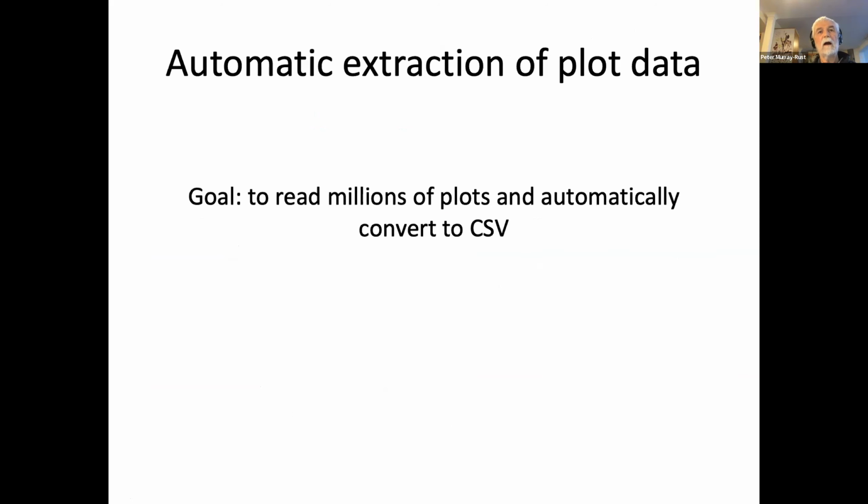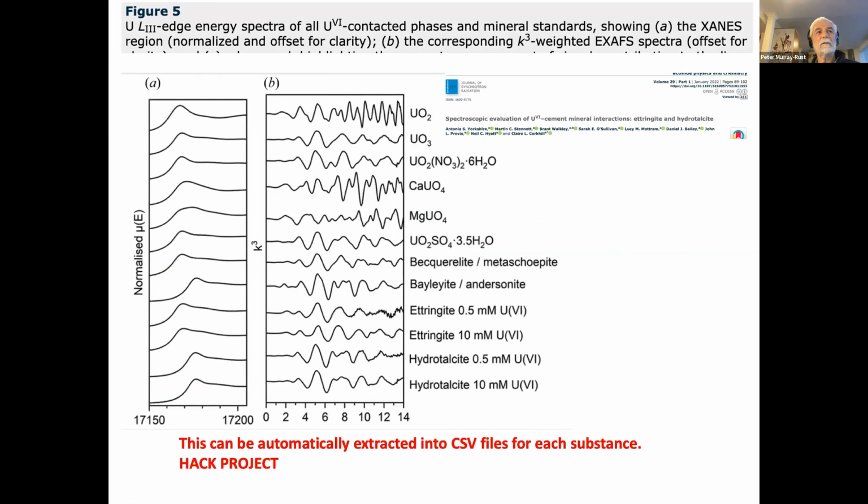And lastly, we've shown how we can do text. I'm now going to show you how we can extract data from diagrams. So here's a diagram, which I started looking at a week ago. Can we extract all the data in this? There are 500 pixels across here, each corresponds to a data point. So we can automatically extract it into a CSV file. That will give you 12 CSV files for this one, 12 for this, and they will all be labeled as this, and this will be labeled in Wikidata.